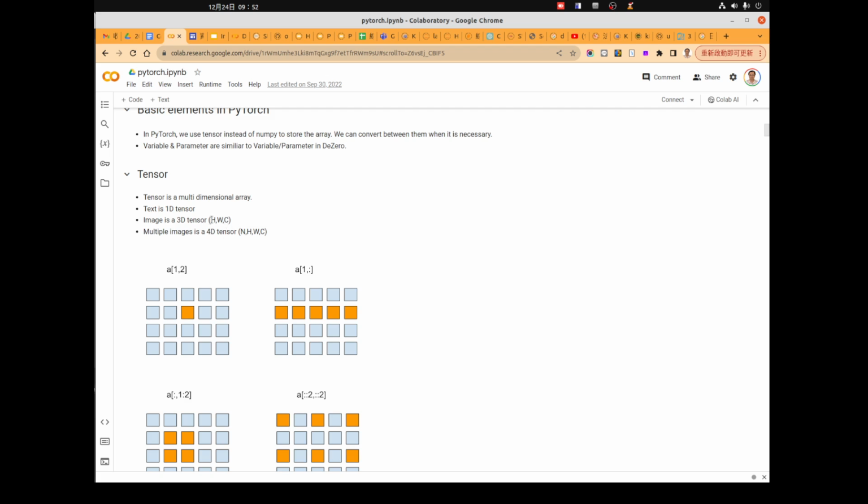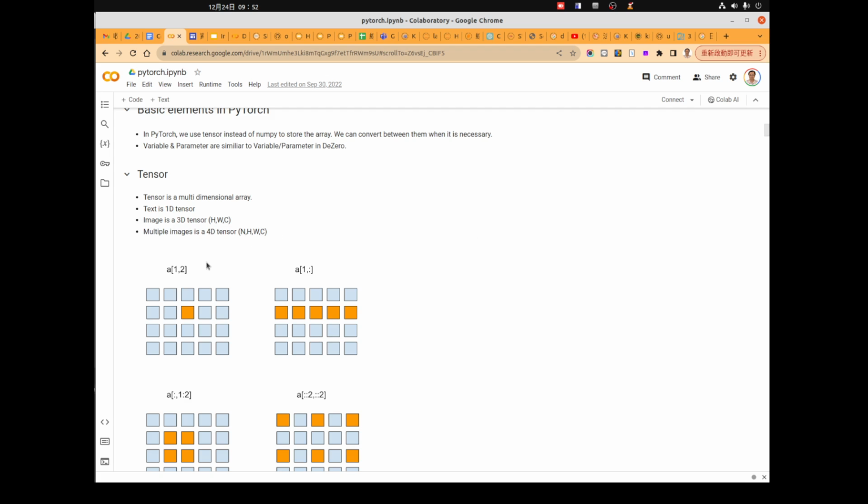So we have H, W, and C, and this is a 3-dimensional tensor. If we have multiple images, for example a video, a video is a 4-dimensional tensor. N is the number of frames, and HWC is an image.